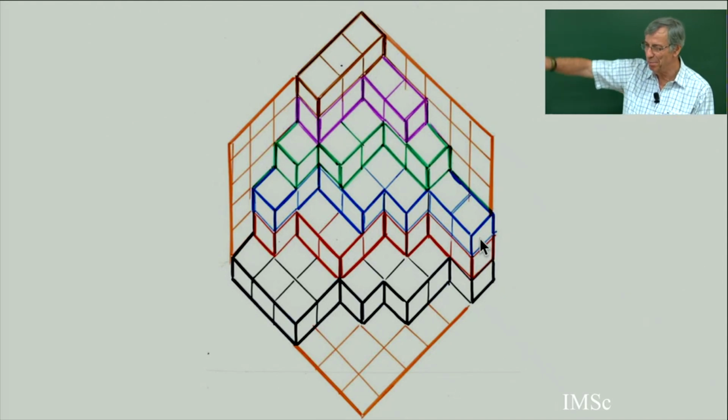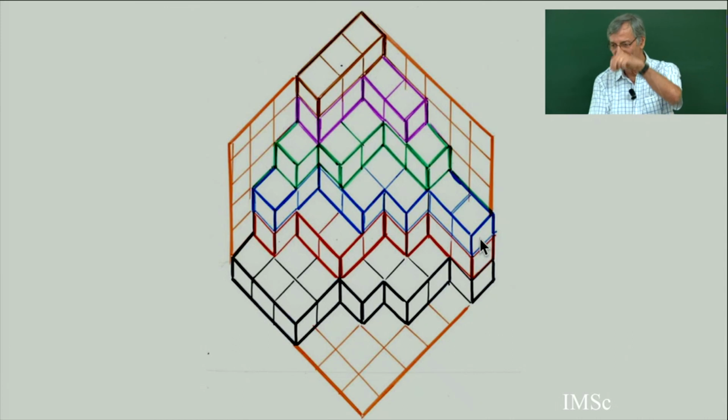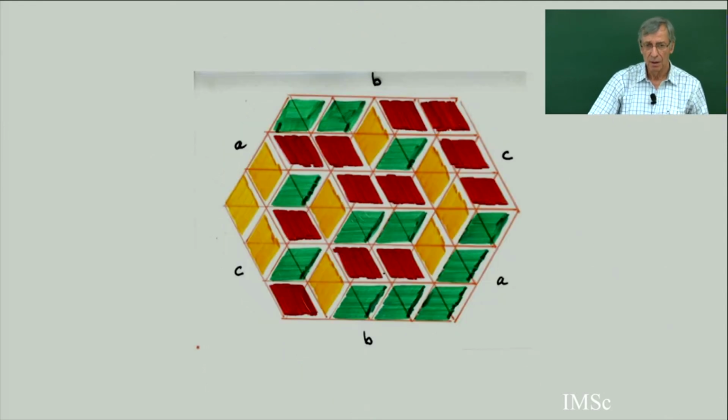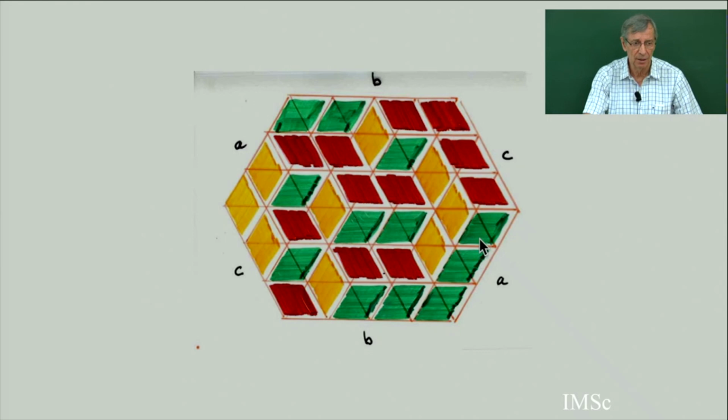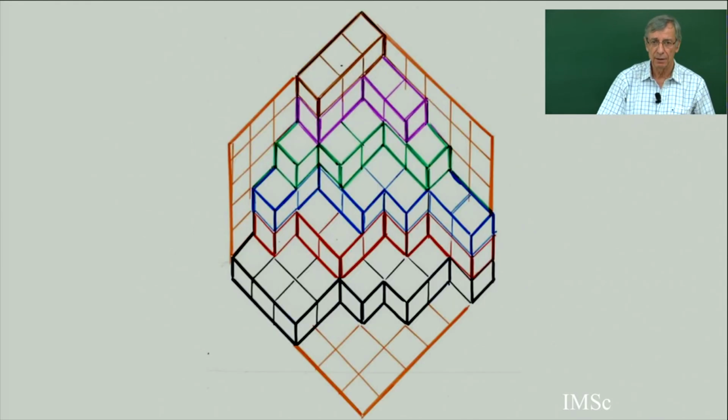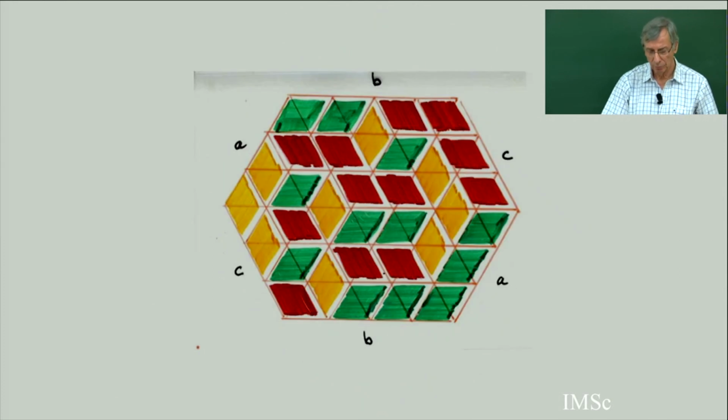If you climb the mountain of cubes, there is no peak. This is the condition that the numbers in the plane partition are weakly decreasing in rows and columns. There is no peak if you want to climb the mountain of cubes, in all 3 directions. And so this is the bijection between plane partitions and triangular tilings of a triangular lattice.